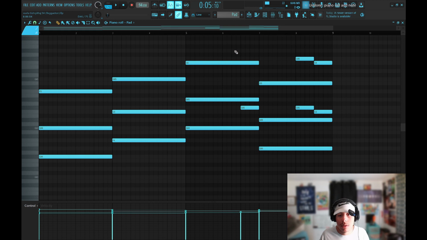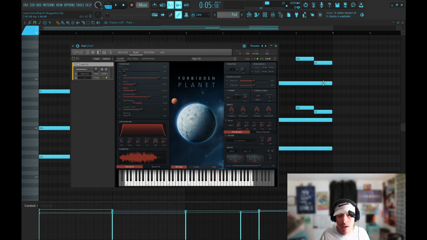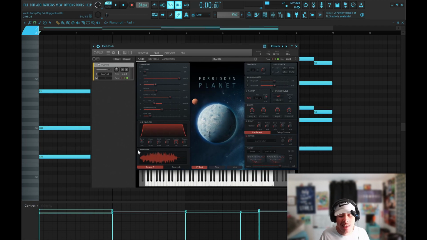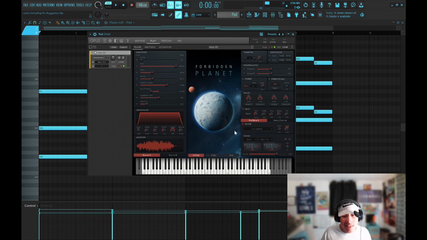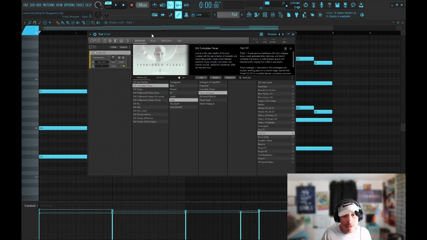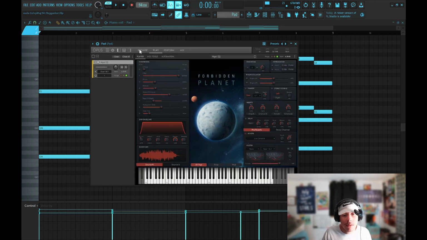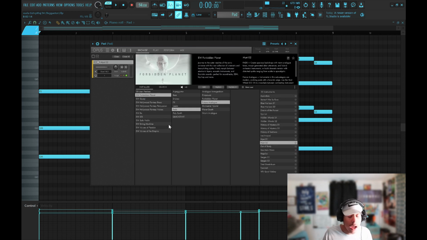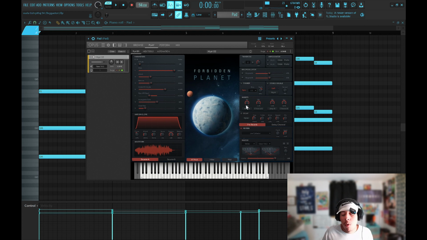So the first thing to set the whole mood was this pad from the sound bank VST called Forbidden Planet. It just sounds cool in itself. I already knew that the sounds in here were going to be incredible. I just found this and I bought it. It's a membership, $20 a month for a ton of different, very high quality banks, and this was one of them. And oh my goodness gracious, bro, this was so fire. As soon as I stumbled upon the pad,